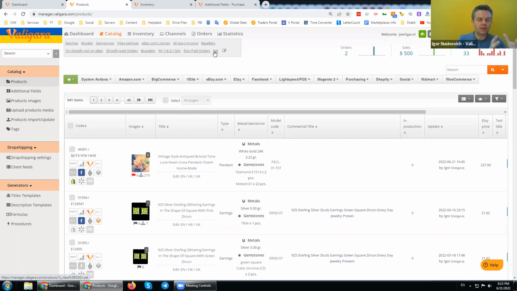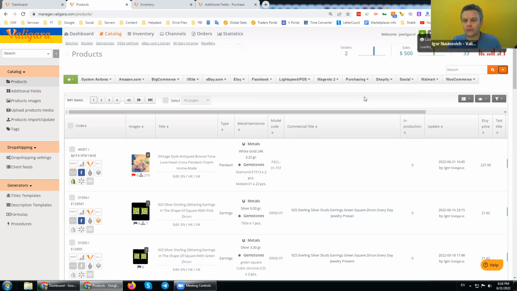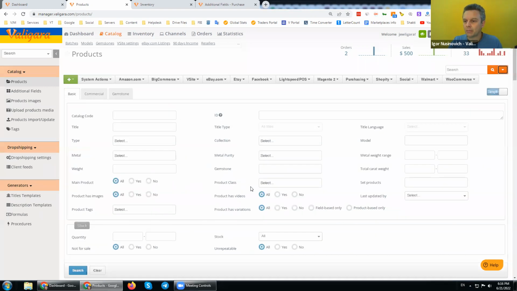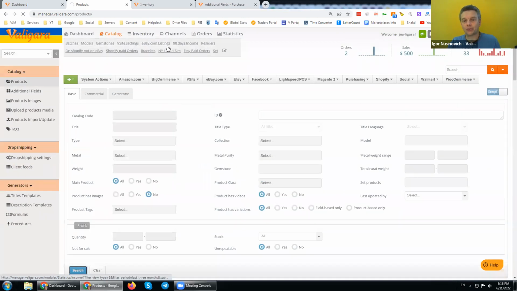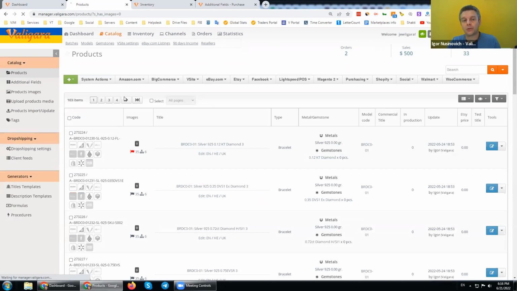So this is very useful for multiple users, like seeing last updated products, seeing the main items, because we have the main products in Valigara, which collect the main information about the product. If I want to quickly find the products with or without images, I can, the first time I use it, use my full filter and search for the products that have, let's say, no images. Once I did it, I will add it to the set. And next time I will quickly navigate to all the products that have no images.